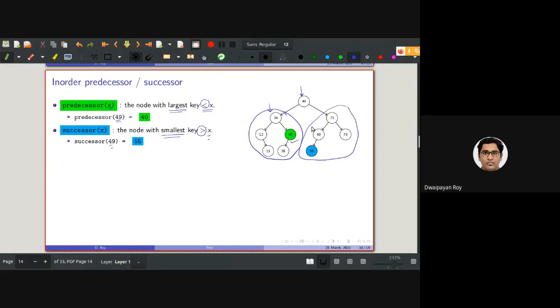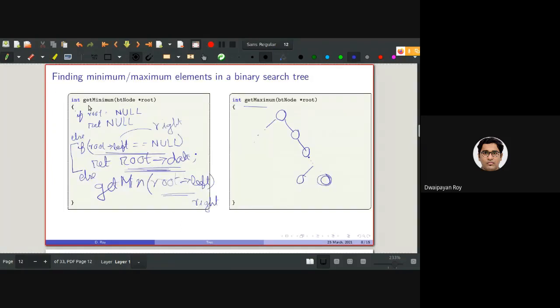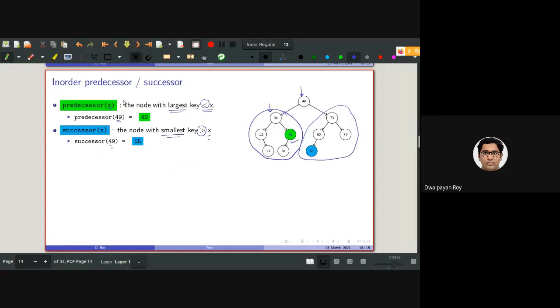As we have discussed, we get the smallest key using the get minimum function, and it will be the leftmost node in this tree. So the in-order successor of 49 in this example will be 55.